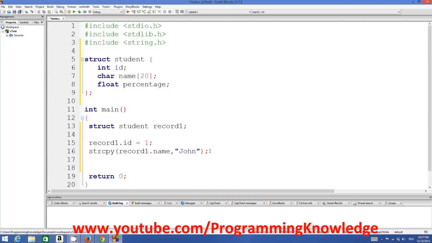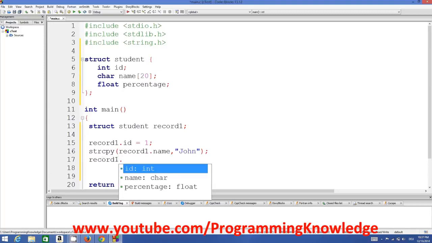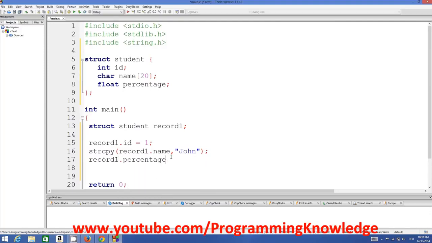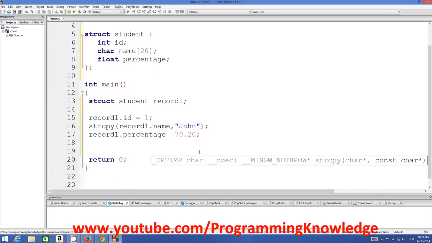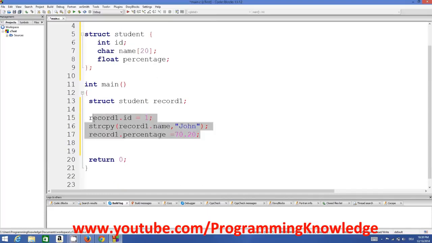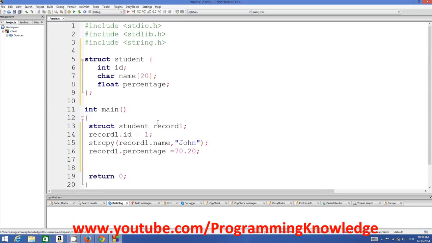And third, we can assign the percentage in the same way. So record1.percentage is equal to, for example, 70.20. These are the percentage scored by him. Now once you assign these values to the instance of the structure, you can access these values also using your print